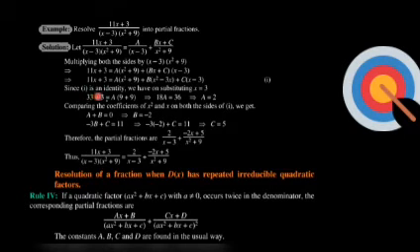Equation number 1 is an identity. So I put the linear factor equal to 0 and put that value, x equals 3, in equation number 1 to get the value of A, one of the unknowns. Upon putting the value, 11 into 3 is 33, plus 3 is 36, and 3 square is 9, 9 plus 9 is 18, so 18A is equal to 36. This gives A is equal to 2.